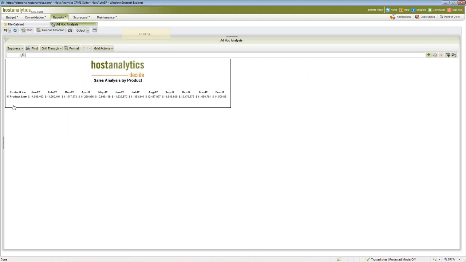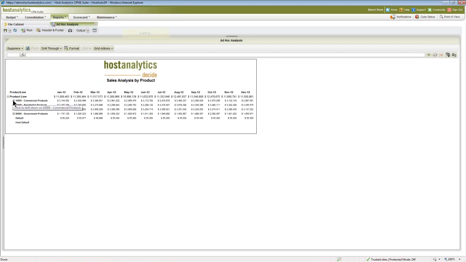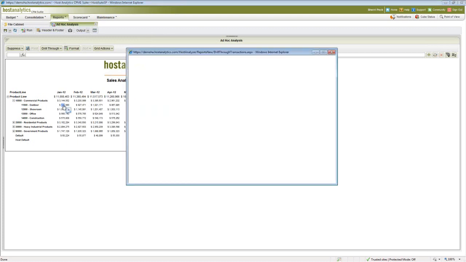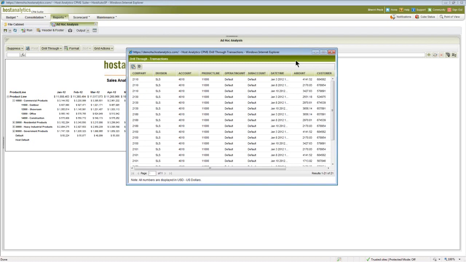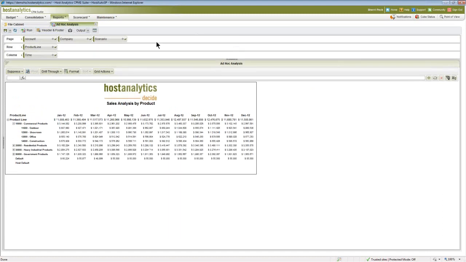Now I've got my top level products, and again, you can define these reports to give you the segment, and the full security behind it is only showing the user the entities or the products or the product lines that they have access to. So by drilling down, I'm actually going deeper into the information that I've pulled from my actuals, and I can even go down to the transaction level. So if I double-click on a cell at any point, I can go down to my information that's come from my general ledger system.